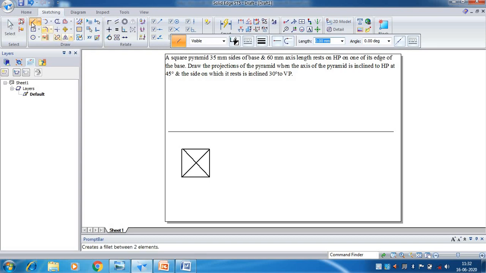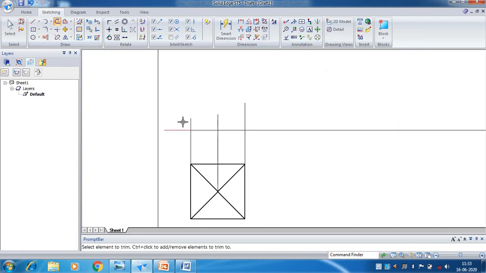Okay. After this, go to the line command. You need to draw the projection lines. Change the line thickness to 0.05 mm. From each end point, you need to draw the projection line. Look for the end point symbol. Draw a line crossing the XY line first, and along with this, you need to draw the projection line from the mid. And use the trim command to remove this extra portion which is beyond the XY line.